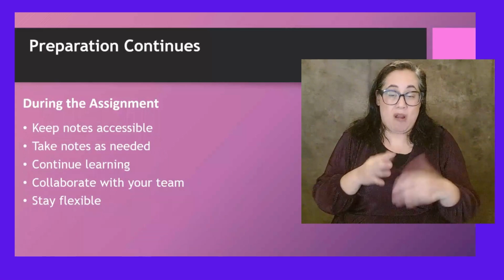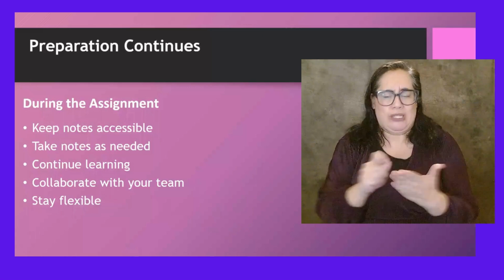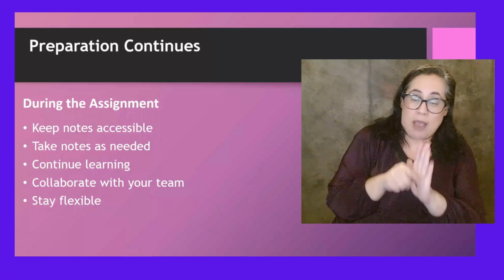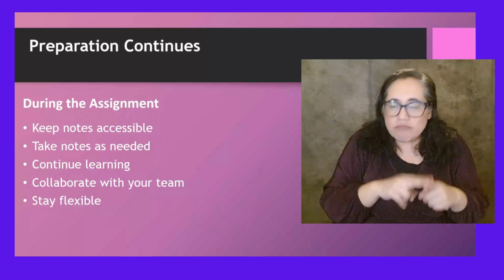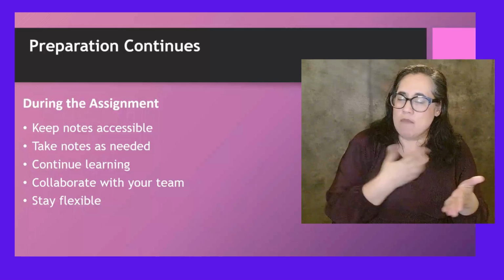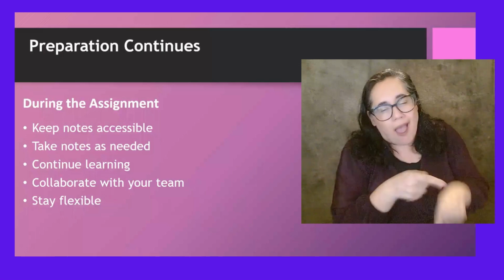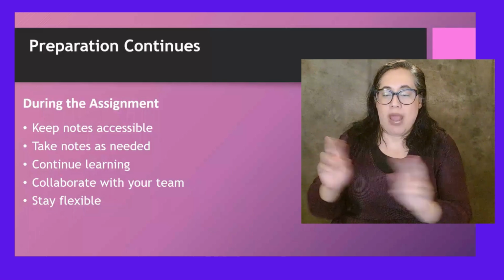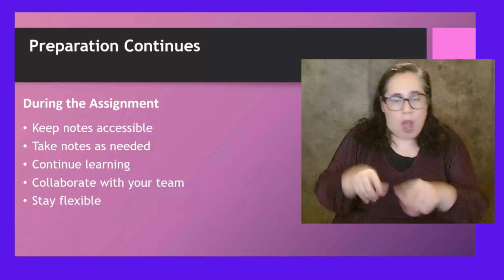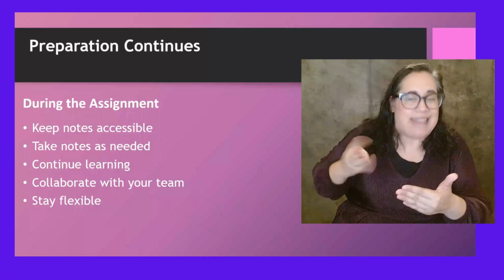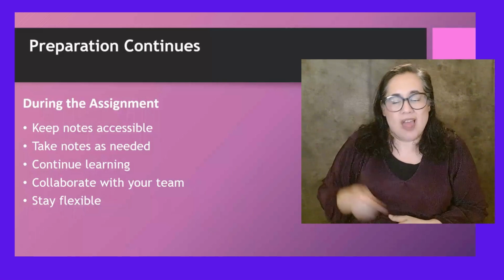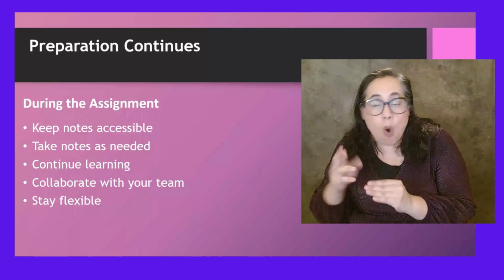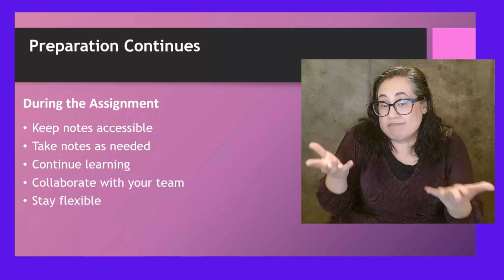Usually, by this point in the assignment, I have a few different kinds of notes working for me. I have my preparation notes from before the assignment, which include things like names, terminology, and acronyms. I keep those nearby as reference. But again, I don't rely on them while interpreting. And again, I have a pen and notepad with me, so I capture new information as the assignment unfolds. That's my second set of notes. Those are working notes. They might include new terminology, numbers, or even reminders that come up in the moment.